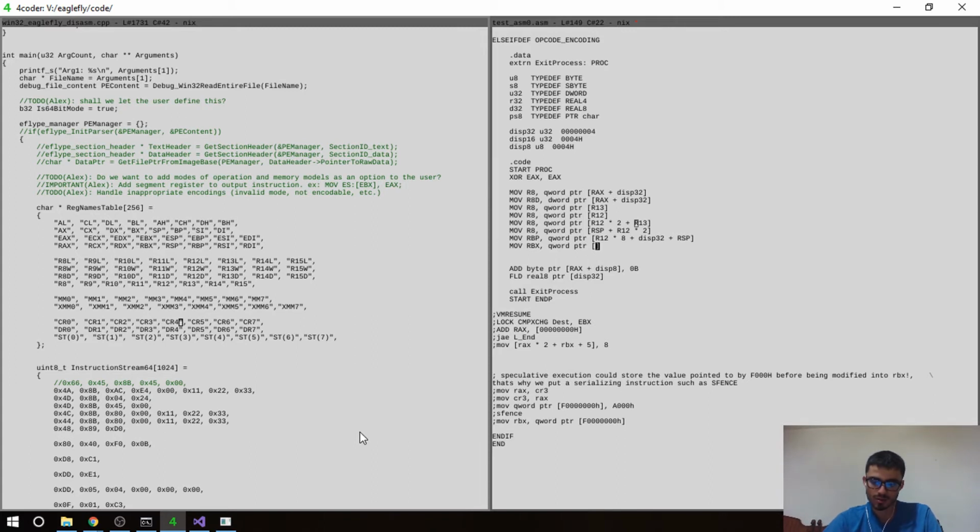Mod equals 0, and I want the scale index. I want RAX times, I want to define the index, so I want REX times 4 plus the base. In this case there's no base, so I want